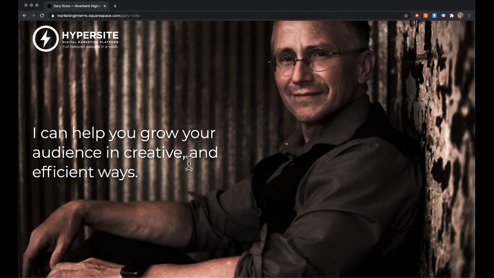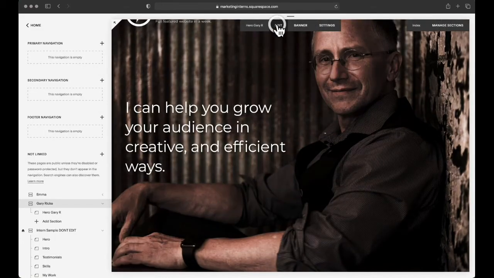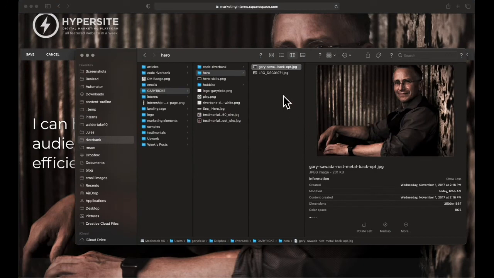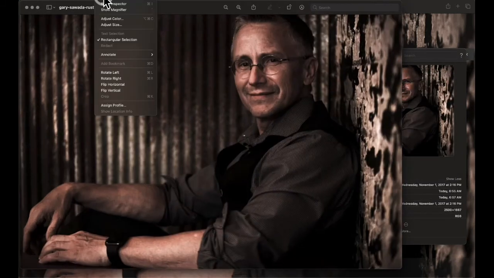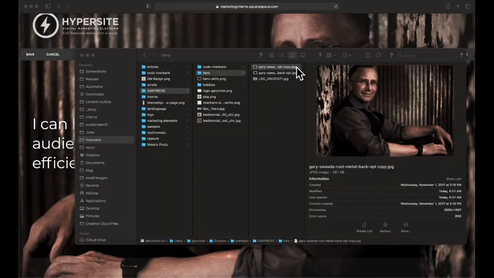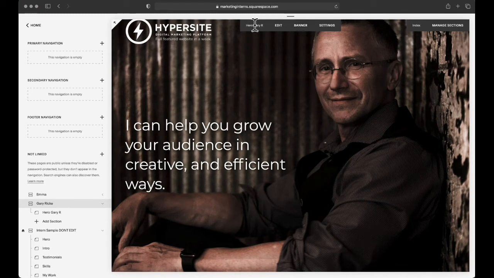And again, this blurry background gives me the opportunity to switch this. I'll show you how to switch that. So if I close that, and let's say I want to edit this hero, let's do it like this. I'm going to duplicate this image, open it, preview, save that. So let's go back to the banner for the hero,